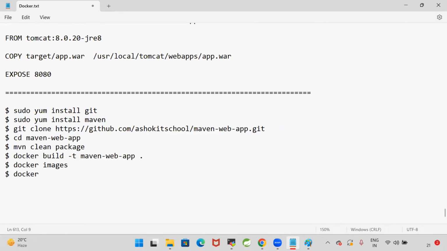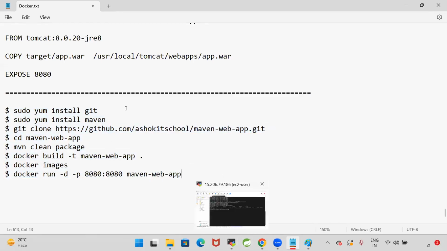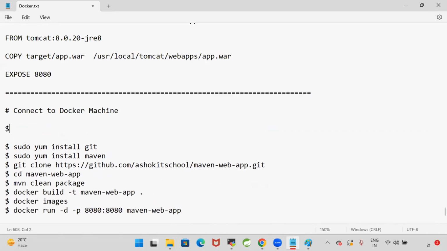Then I want to run the Docker image. For that, docker run -d -p 8080:8080, then I will specify whatever image name we have given. So these are the commands that we need to execute, guys. In the Linux machine for practicing today's application, first connect to the Linux machine, connect to the Docker machine, then start the